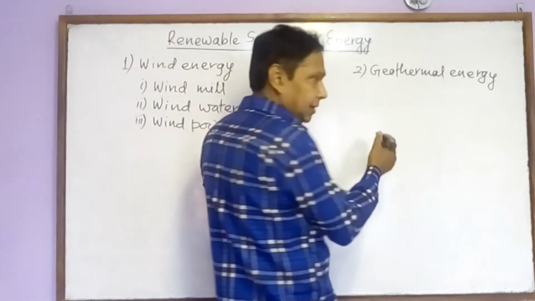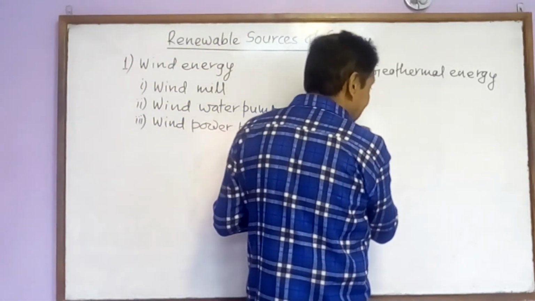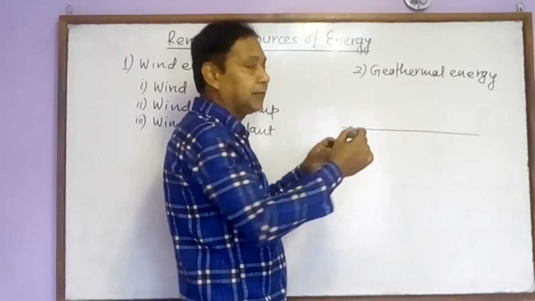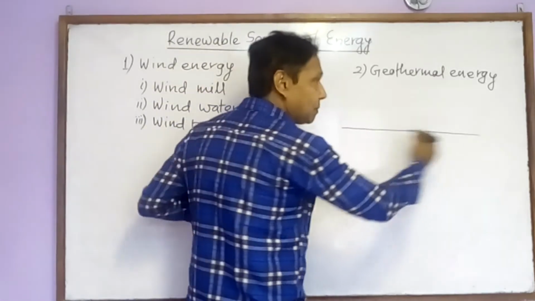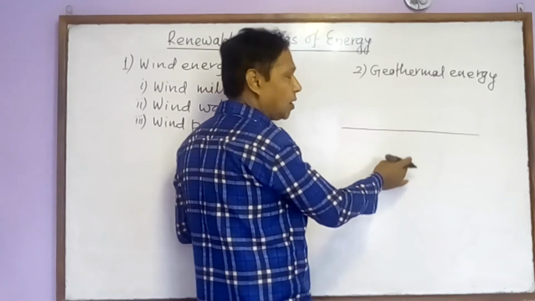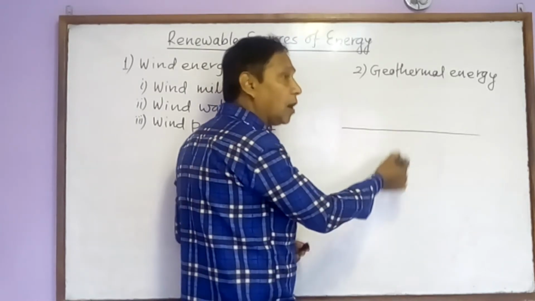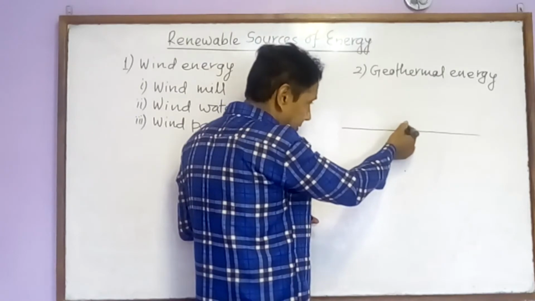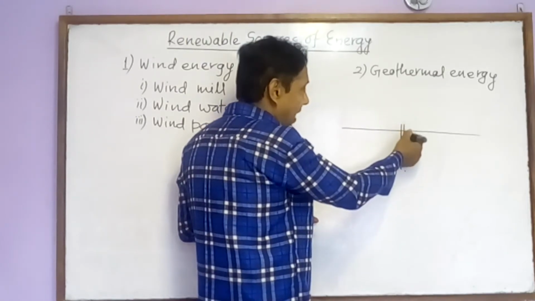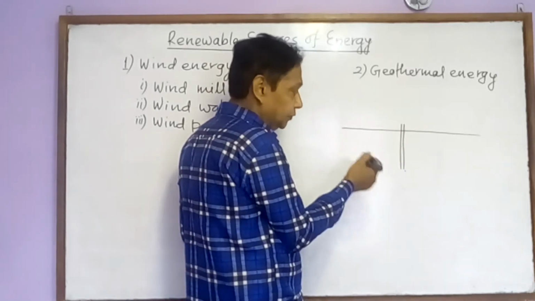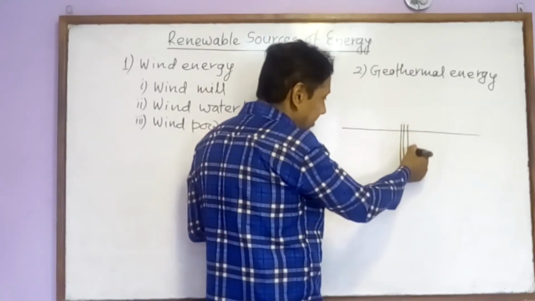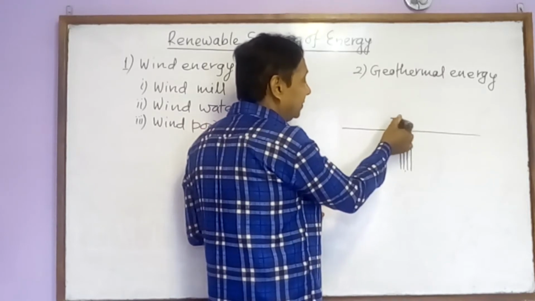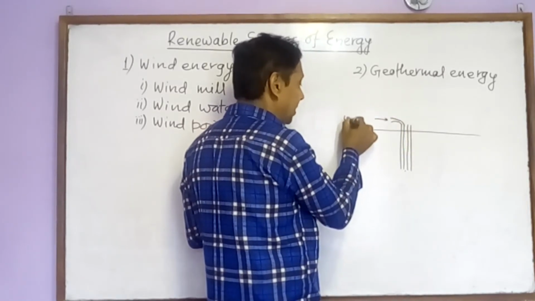But let's see, we have to understand this a little clearly. This is our surface. Below the earth surface, the first layer is crust, and crust consists of a huge amount of rocks. And in many places of the earth, there are hot rocks near the earth surface, and these hot rocks are called hot points. And if we bury a pipeline up to this point and another pipeline nearby it up to the same point, and from one of the pipelines, water is supplied,